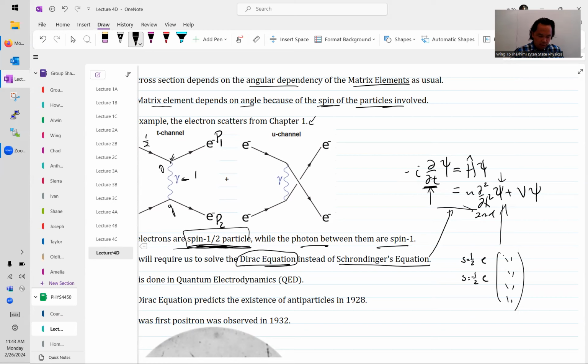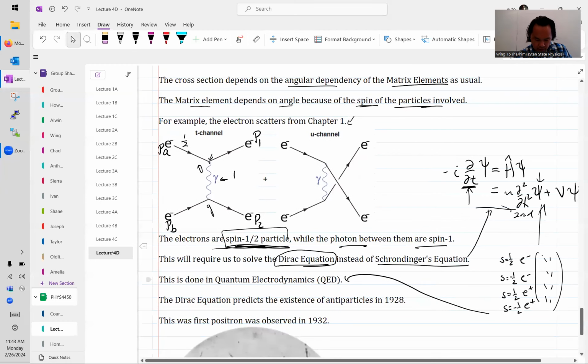What do you think the other 2 things are, if we're dealing with the same particle? Positrons, yes. And this is actually going to be forced upon us by the mathematics of the Dirac equation,